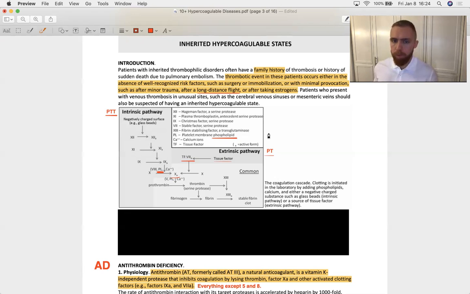Now, both of these tests, PT and PTT, will be prolonged when the patient is taking heparin or warfarin. There's a difference in the tests that we use to monitor each drug. Particularly, we'll use partial thromboplastin time and measure the intrinsic pathway if we want to see how heparin is doing, if the patient's on an appropriate amount of the drug. And we'll look at prothrombin time, PT, if we want to analyze how a patient's doing on warfarin, i.e., do they need more or